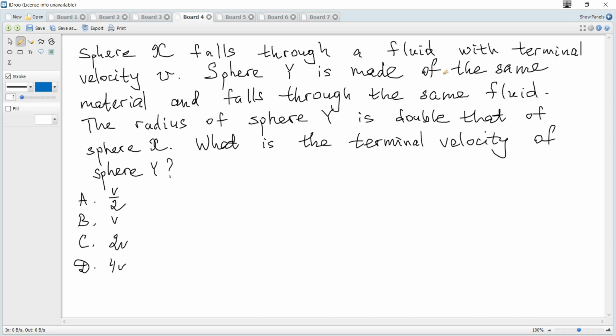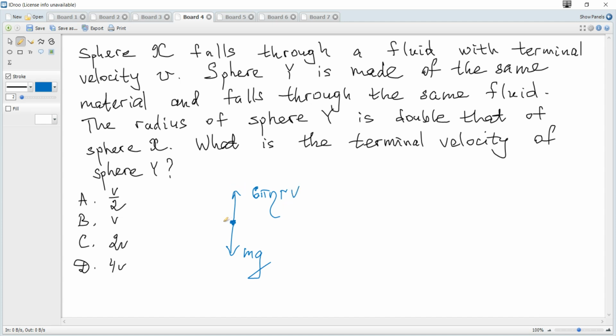A fluid is a common name for a gas and for a liquid. And let's consider forces acting on a sphere when it is moving in a liquid. Definitely its weight mg, and since it is moving in a liquid, there is an additional drag force which opposes motion, so it's upwards. The formula is given in the data booklet, and it's 6 pi eta, which depends on the liquid, multiplied by the radius of the sphere and multiplied by the velocity of